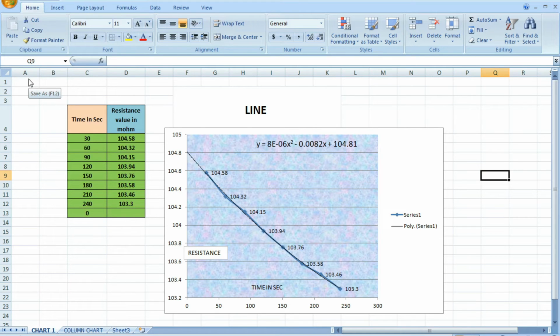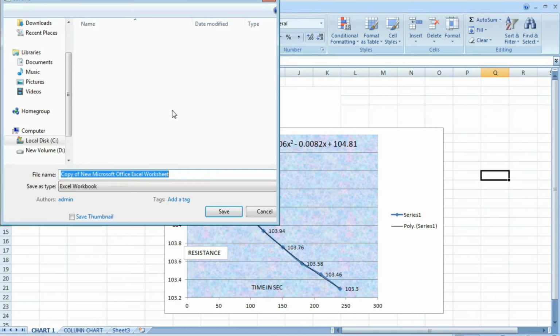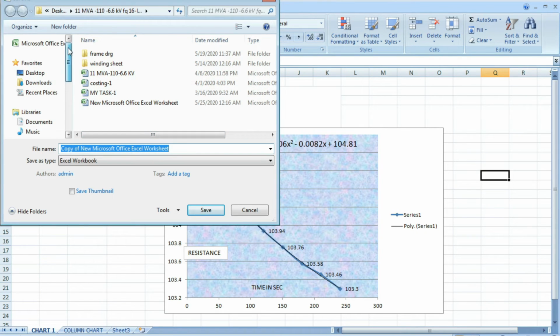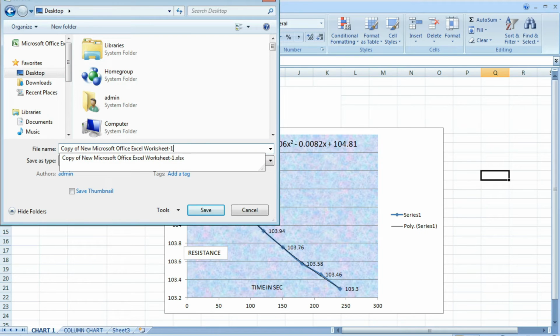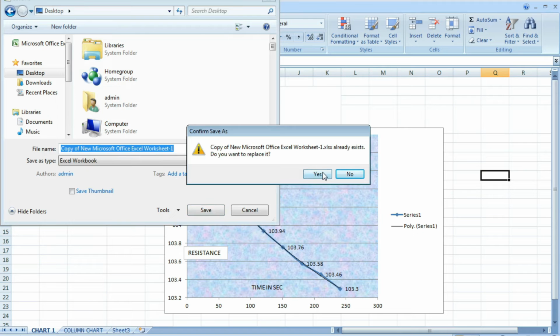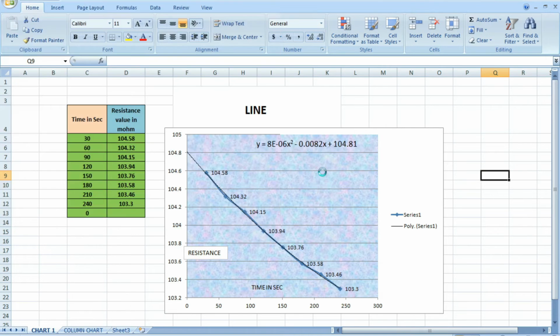Suppose we are saving this file in a different location. Suppose we are saving it on the desktop, but again with a different name, say one. Now the same file we can open.